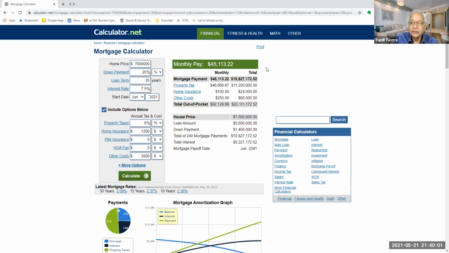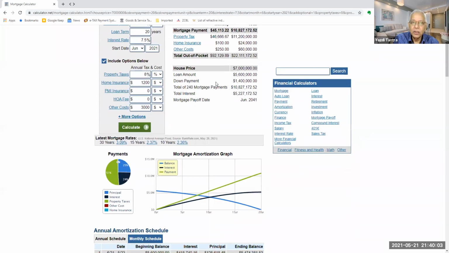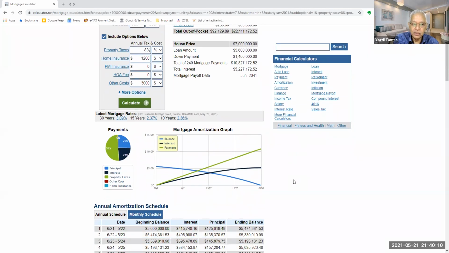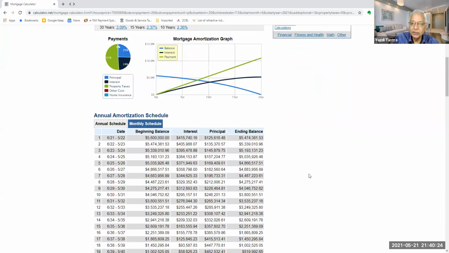That is 45,000 per month. Dollars you can just ignore, it can be any currency. And it shows you how your costs are going to move. Down below you get a very graphic representation. You have the balance, you have the interest, you have the actual payment, property taxes, other costs, insurance, and your breakup.